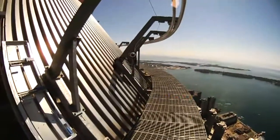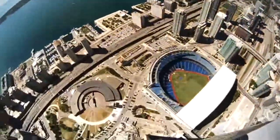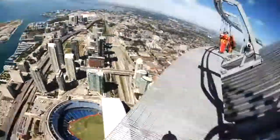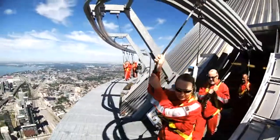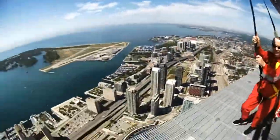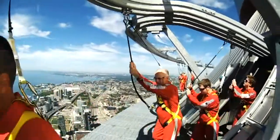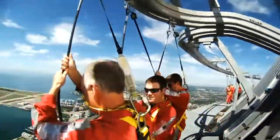Woo! What a gorgeous day! It's beautiful! Tiny people on the ground. Alright, it's gorgeous out here! Rose, lead all these guys out to join us! Perfect, Rose, so you're going to come round the corner. I'm going to get you to stop right here for me till everyone else joins us. Welcome, Greg! Welcome, Bob! Come around the corner, welcome Herb, we got Roy, we got Rob at the end,